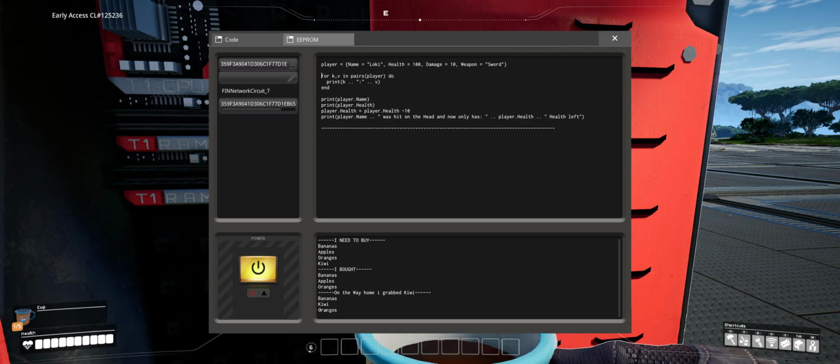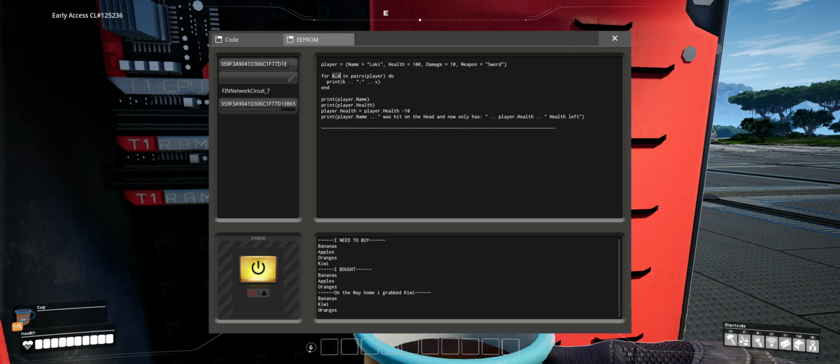I think, at least. So these type of things where it's not just one thing, it's two things per entry. So one is a variable name and one is a value. That's what we call a key value pair. So that's the key, that's the value. Key value, right? That's why usually this could be anything. It doesn't need to be K. It could be key, or it could be A, or nothing sometimes, you see, because the first one is not needed. But let's stick with K and V for key and value. And then we say in pairs player. So we say in the table we have pairs of things. So grab all the pairs from player,